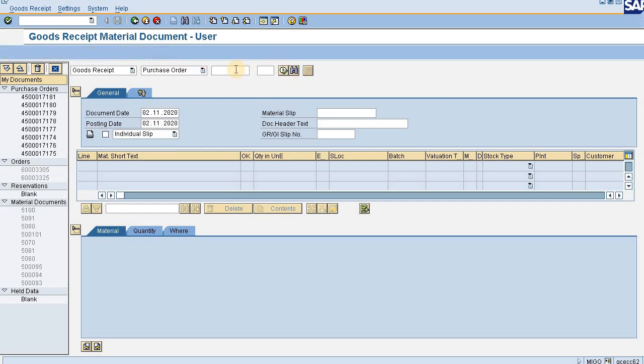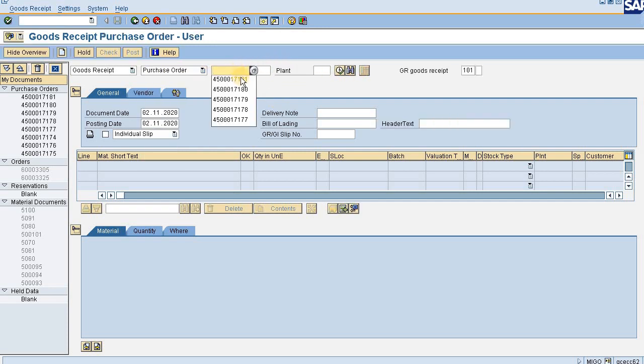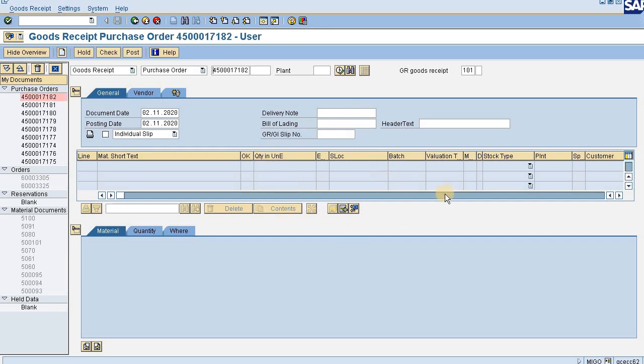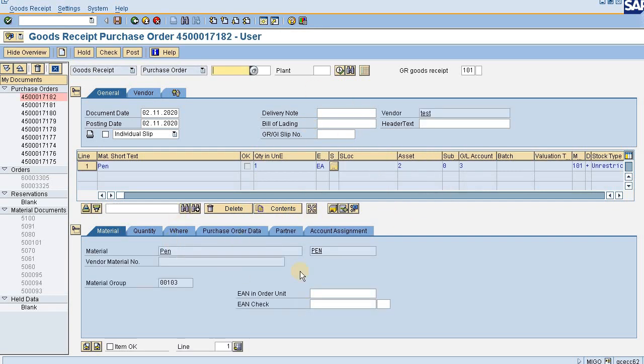Now purchase order is chosen. This is my purchase order document number. Just pressing the execute button, all the details given in the purchase order would be coming up here automatically, as expected. So yes, all of them have come here automatically.